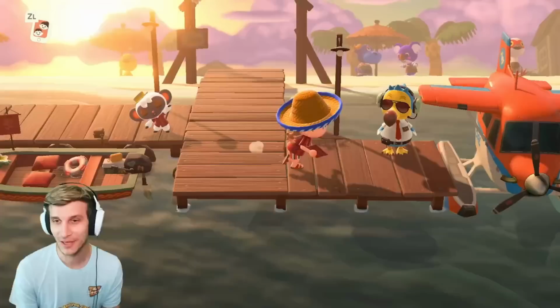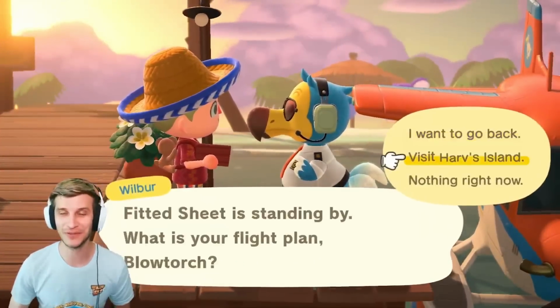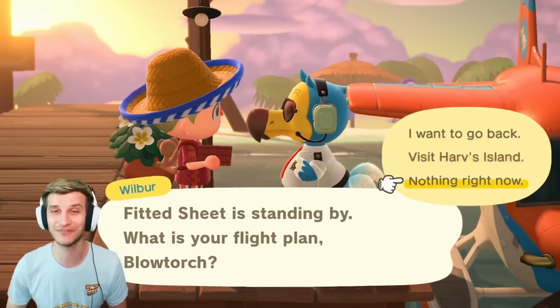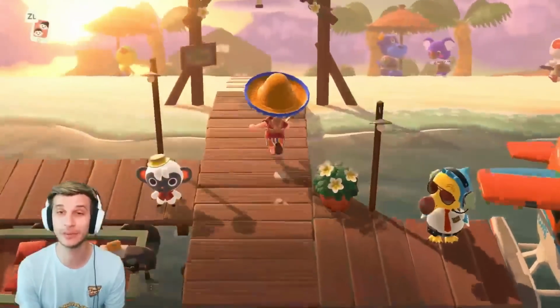including a new option for fast travel straight to Harv's Island if you got that plaza being built up. You can go visit Tortimer, or Katrina, Leaf, or Red, or Cyrus and Reese, or Harriet, or Harv himself, and have a lot of fun. This Happy Home Paradise is really happy and really amazing, and there's so much more to unlock,